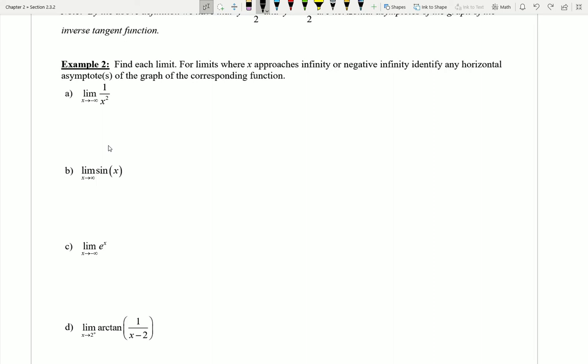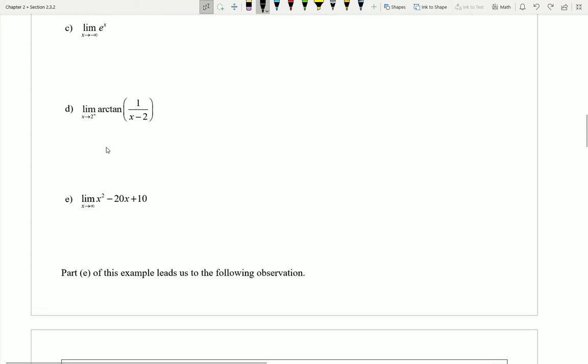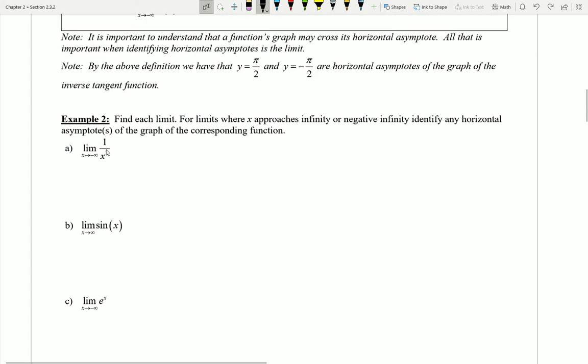Now let's turn our attention to example number 2. In this question, I want to take a look at all of the different parts, or actually have you take a look at all the different parts, and see if you can find the value of each of these individual limits. So notice here that we're going to have limits where x is approaching negative or positive infinity, and our goal is really going to be to identify then if there are any horizontal asymptotes on the graphs of these